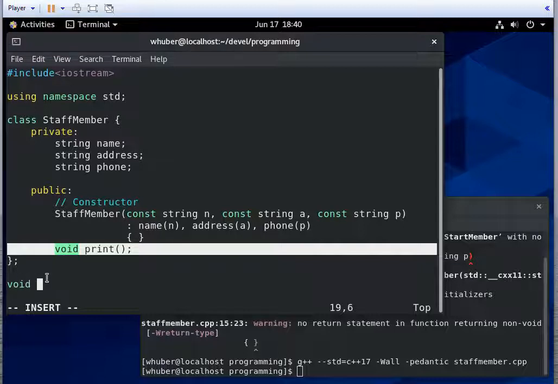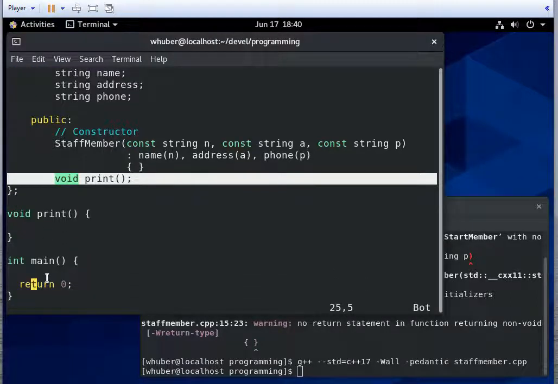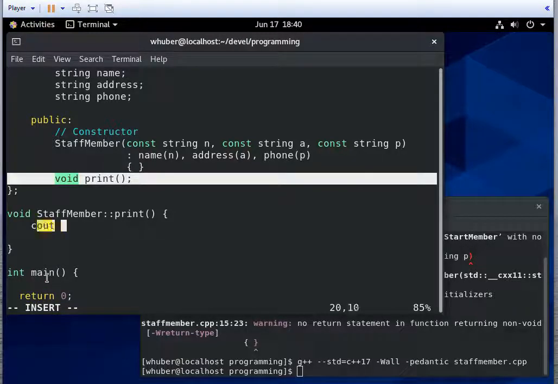I'm going to define my print function. However, to indicate to the compiler that this goes with staff member, I need to specify that this is part of staff member, and I do that with the scope resolution operator. So staff member::print. And what this will do, we'll see out